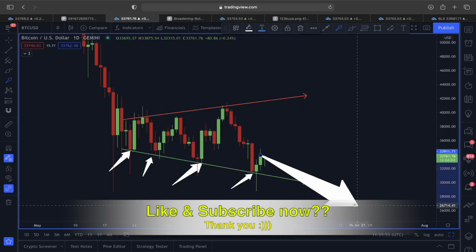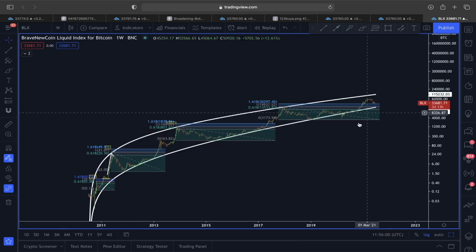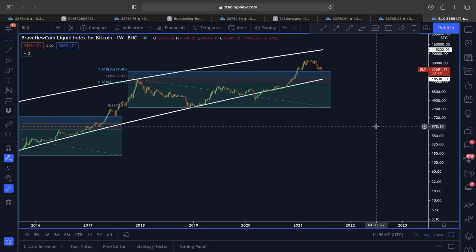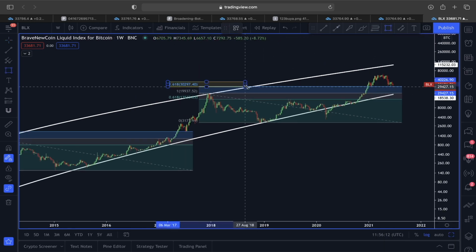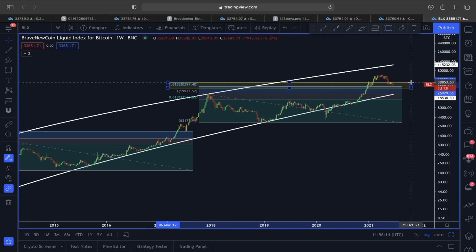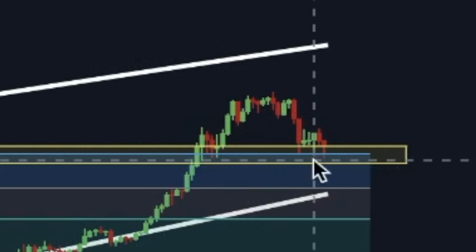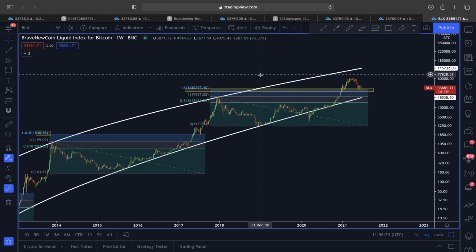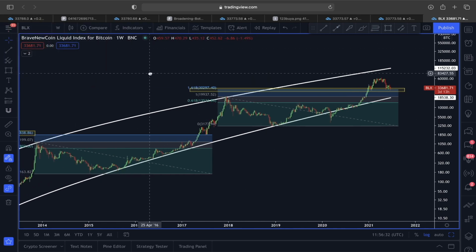and according to this we are going to see rejection and a pullback breaking below the support line here to the downside, then on this weekly time frame, along with this Bitcoin logarithmic growth curve, this 30,000 line must not be broken, because if the price breaks this 1.618 support line sitting on 30,000 to the downside, then we are going to talk about a bearish scenario playing out for Bitcoin. So as long as we are staying above this 30,000 to 32,000, we are going to talk about some relief rally playing out for Bitcoin at least around this 36 to 37,000 price area.